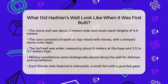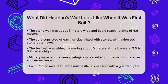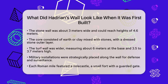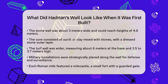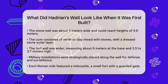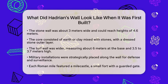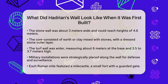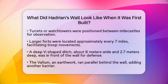Along the length of Hadrian's Wall, military installations were strategically placed for defense and surveillance. Every Roman mile featured a milecastle, which was a small fort with a guarded gate. Between these milecastles, 2 turrets or watchtowers were positioned at intervals of roughly 1/3 and 2/3 of a mile. This layout allowed 4 observation points every few hundred meters. Larger forts were located about every 7 miles, often straddling the wall, and had gates that opened both north and